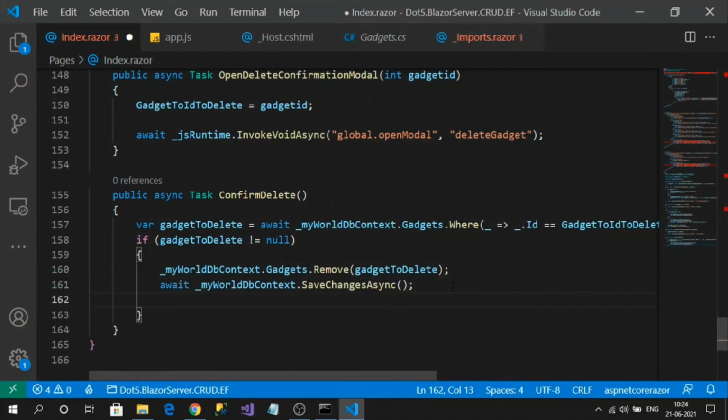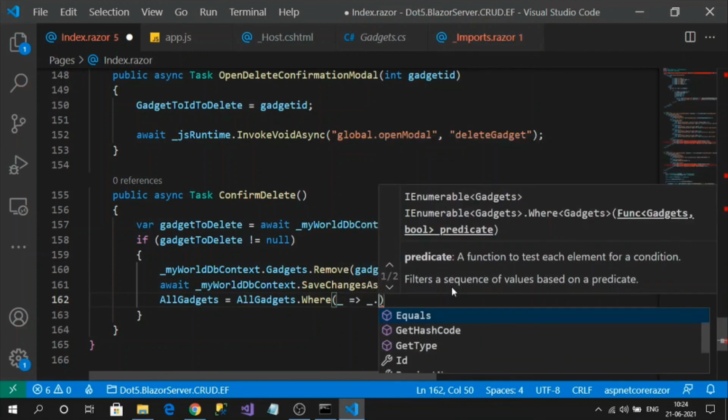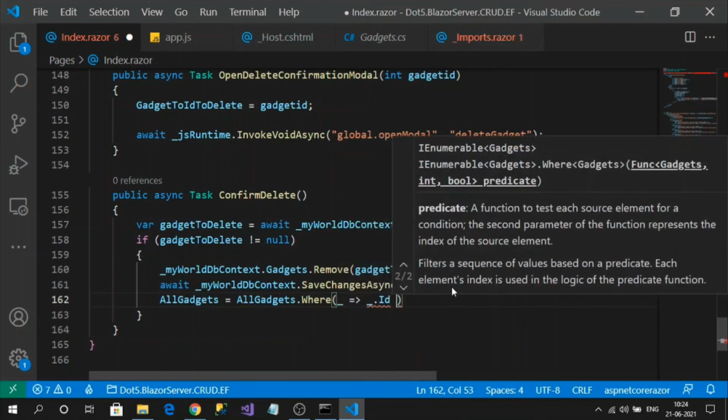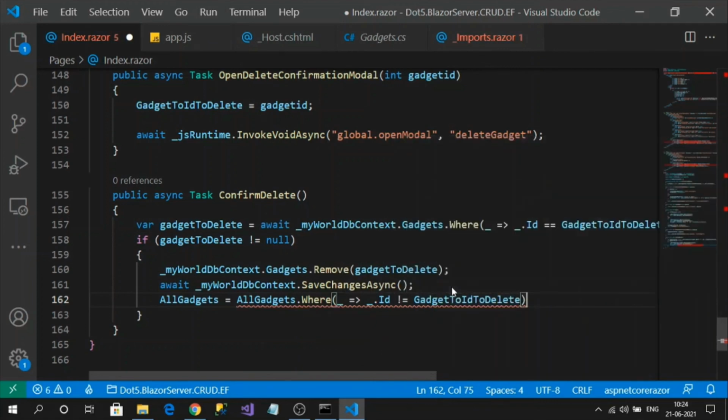And removing it from our variable, to list.